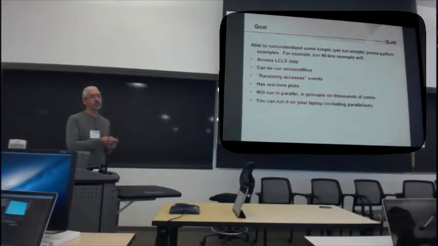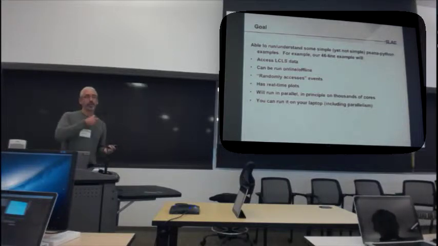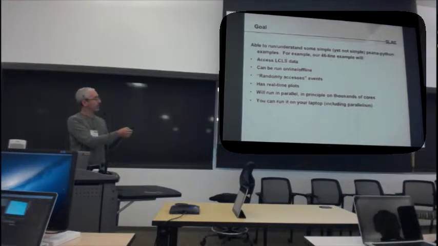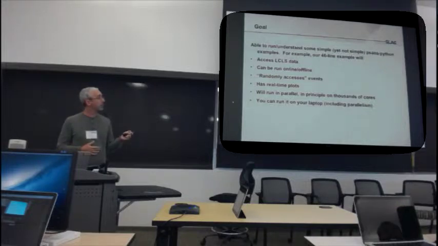It's got real-time plotting built into it. If you run it online, and all of these things are fairly recent additions to the Psana analysis, it's changed quite a bit, for reasons I'll discuss in a little bit. So what people have been doing is that Slack has some standard monitoring for real-time feedback, but it does a finite number of things, and there are many experiments where that's not sufficient. People want to do FFTs, but see the result in real time. So here you could call a Python FFT program, run it online, generate a real-time plot, and have instant feedback that you can give to the accelerator.